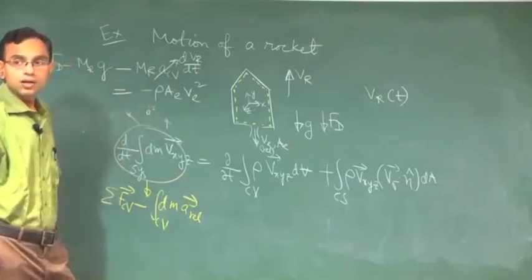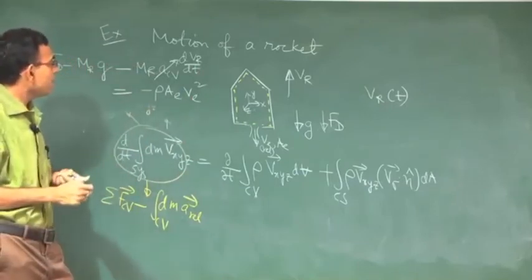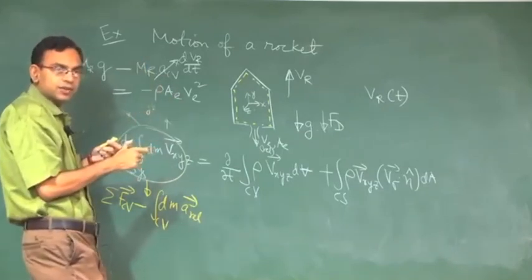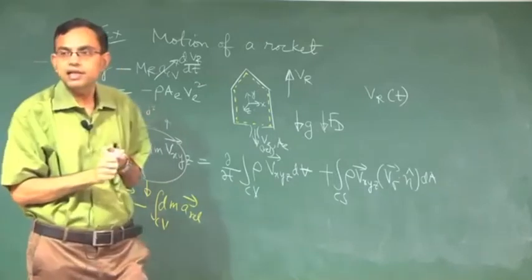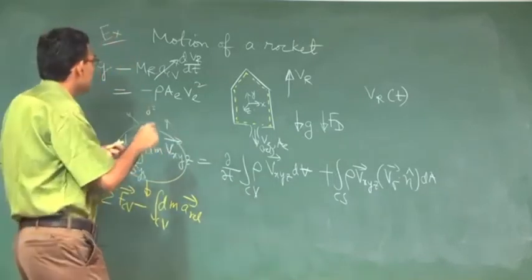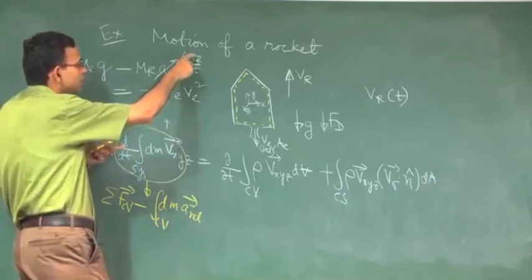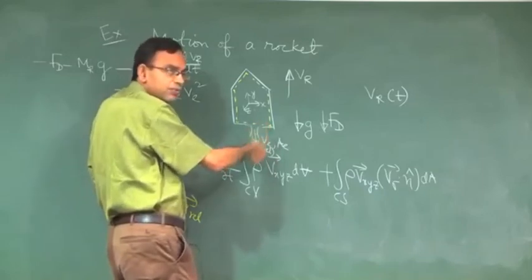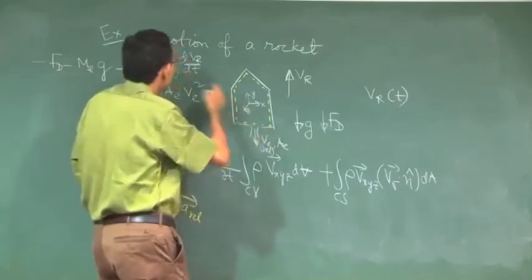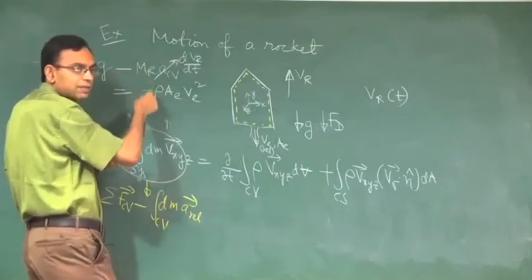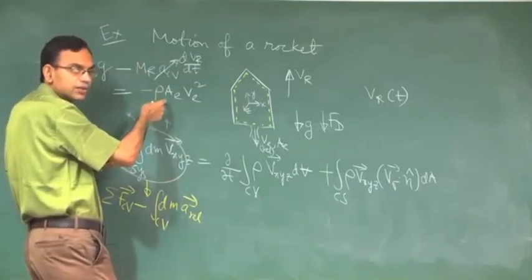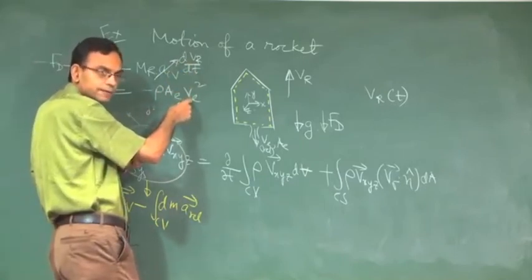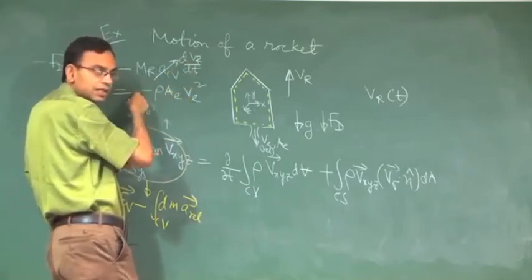Okay. Keep one thing in mind, let us say you are not able to figure out whether it is plus or minus, somehow you have made a mistake. So, this is where you apply your physical judgment. What is the physical judgment? See, the velocity of the rocket will be higher and higher the greater the speed at which the products of combustion come out. So, these two must be of the same sign when they are put on two sides of the equation. So, dVr/dt should increase with VE squared, and that happens to be the case here.